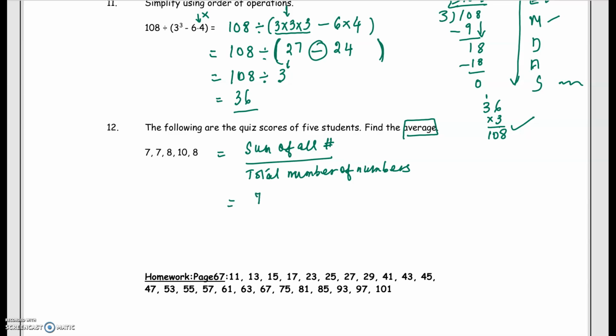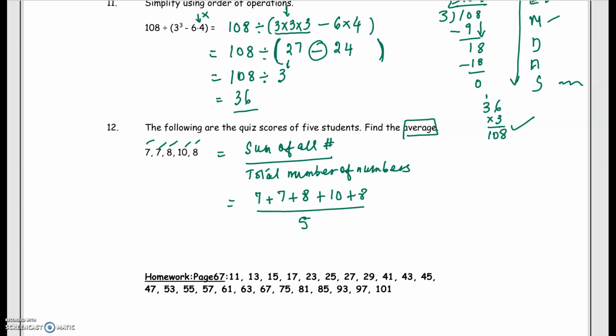So what does this mean? 7 plus 7 plus 8 plus 10 plus 8. The whole thing is divided by 1, 2, 3, 4, 5. There are 5 numbers that we added, so we divide by 5 to get the average score on a quiz